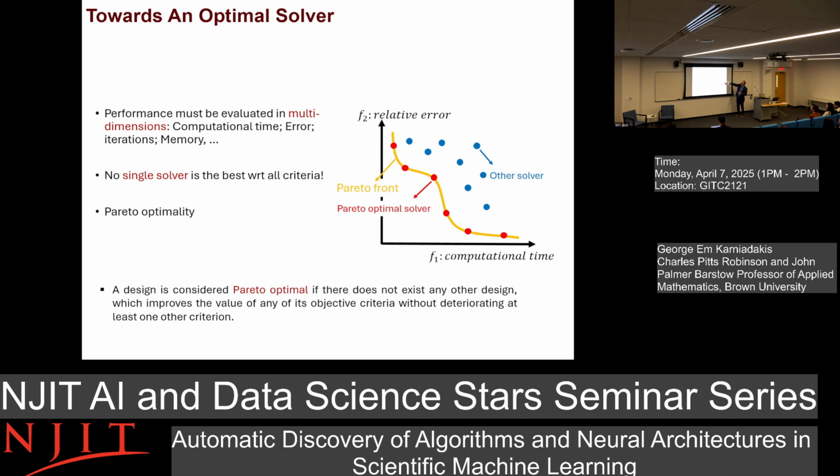So you will sample that multidimensional space, and you come up with all these points. Let's say if we have only two metrics, the error versus computational time, which makes sense, then from all these points, you can find some surface. Here in this case is a line, this yellow line, which is called the Pareto front. How many people heard of a Pareto front before? Yeah, some people. Okay, so it's basically the best solution.